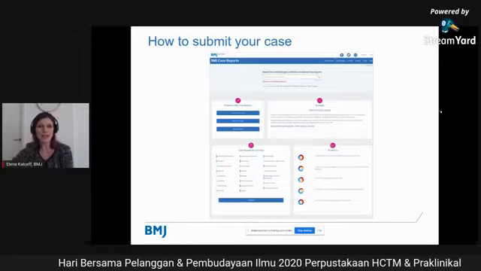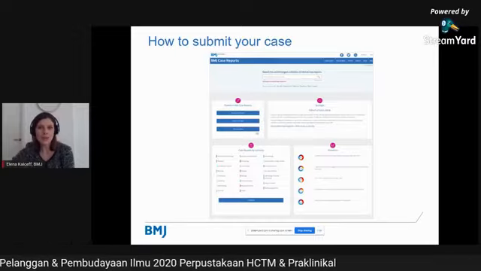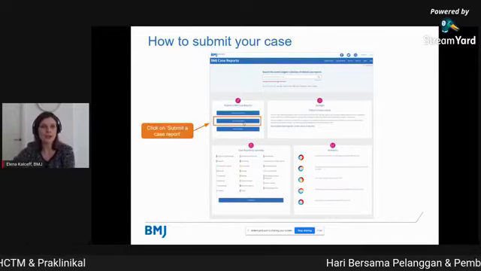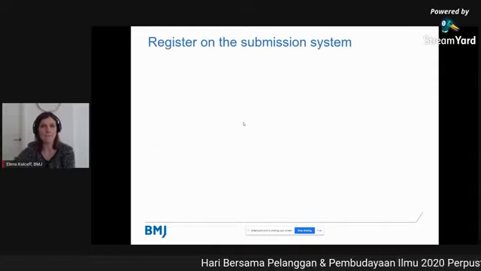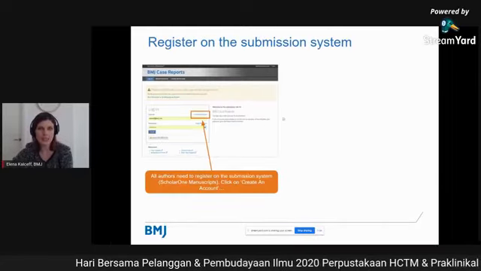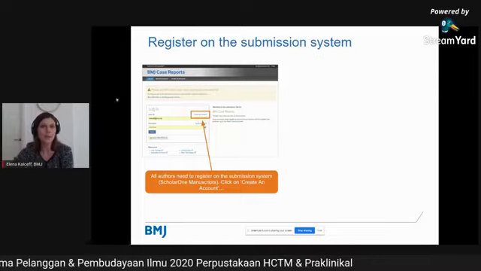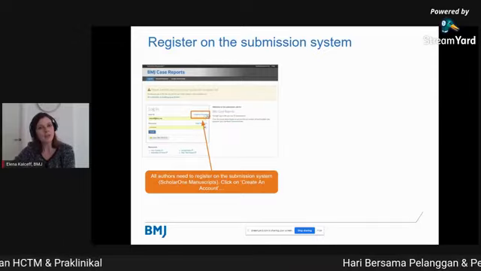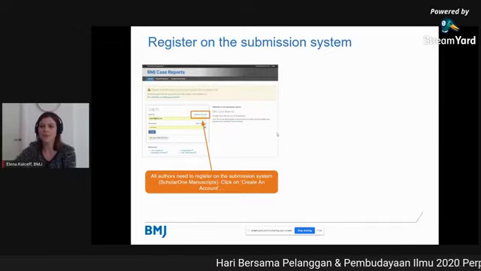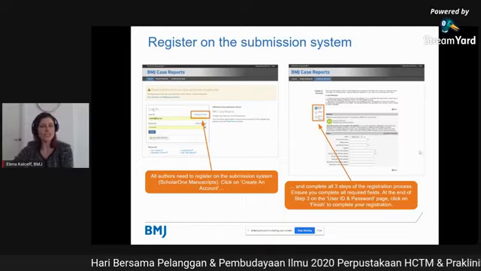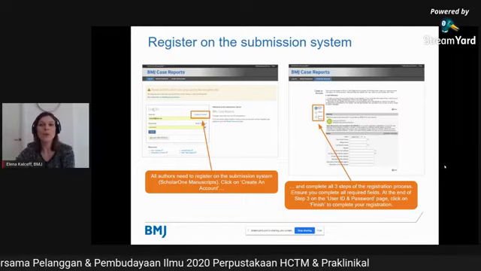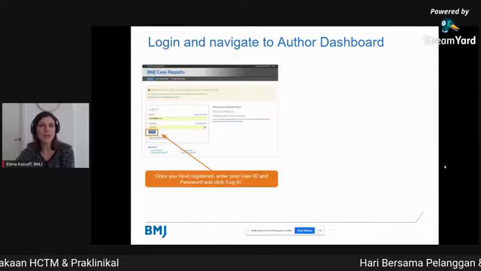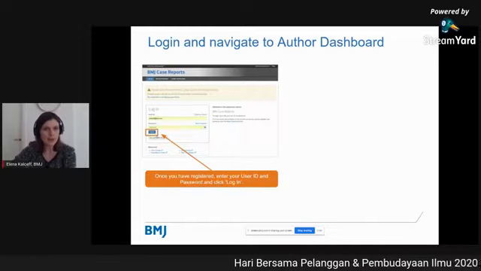This is the home page here that you can see on the screen, and I showed you before that submit button that you can access from the home screen. So all you have to do is click on that, click on submit a case report, and the first step is to register on our submission system, which is Scholar One. You'll be asked to create an account. You can do that from this button, and you'll be asked to create a username and a password. It's just a 3-step process. It's very simple. Once you've got that all set up, you can log in to the Scholar One submission system, like so. Enter your username and password, click login,